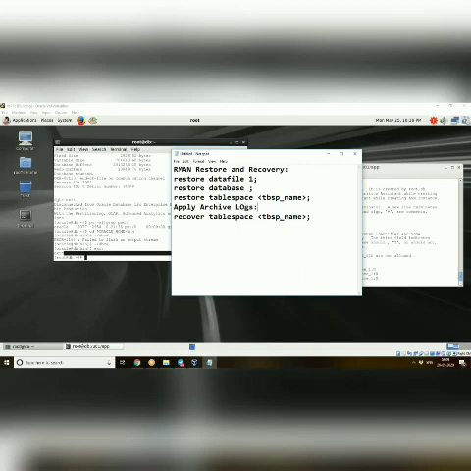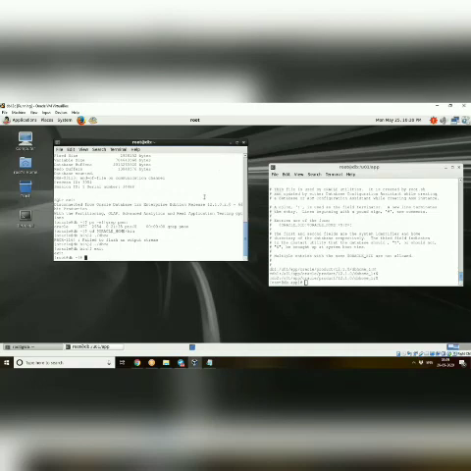And we can do it in many modes, like recover tablespace name, or recover data file and the data file name or number, whatever it is. Or else recover the whole database itself we can give. If the whole database has been lost, recover database you can give. Fine. So this is how we used to do the restore and recover.